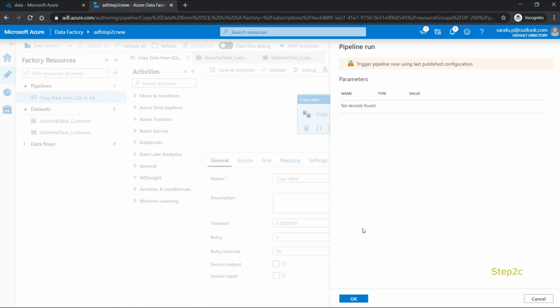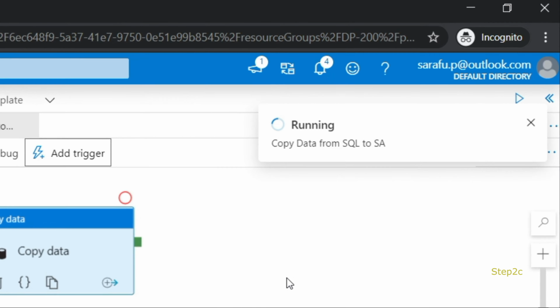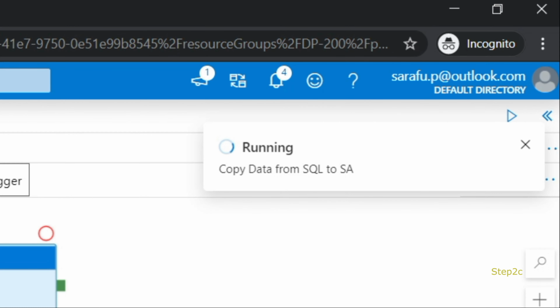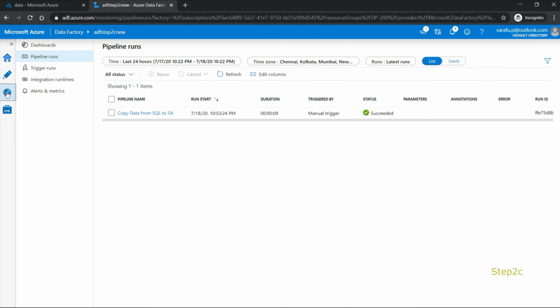So let's click OK, and our execution has started. You could monitor the execution inside the monitor tab. Our execution is completed. It took around 6 to 9 seconds to complete.